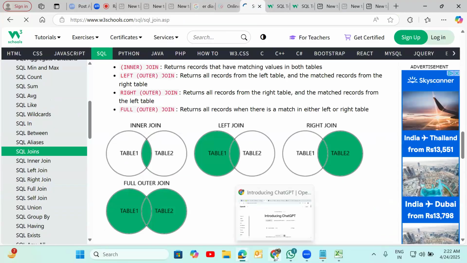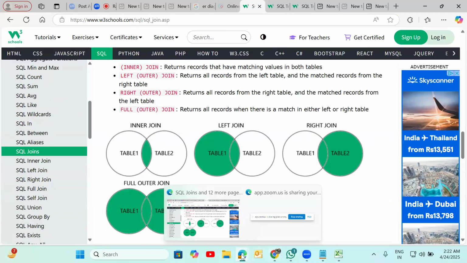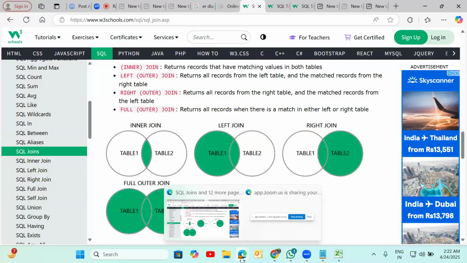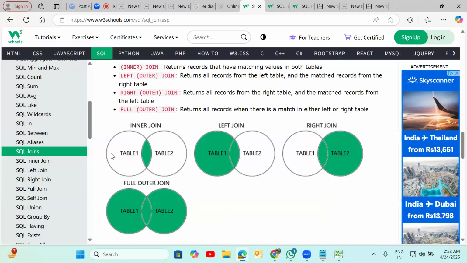It will fetch them simply. Common records. You can understand this one.